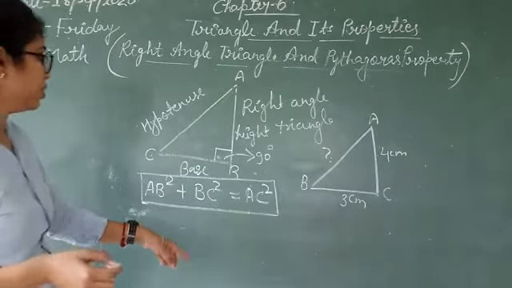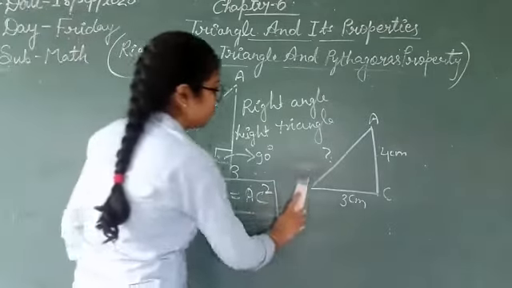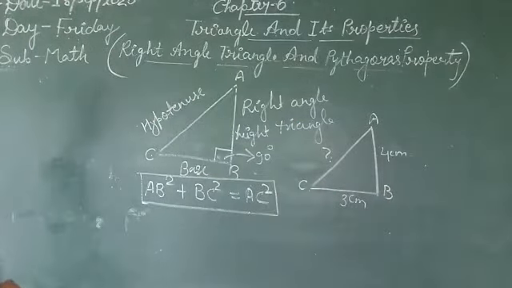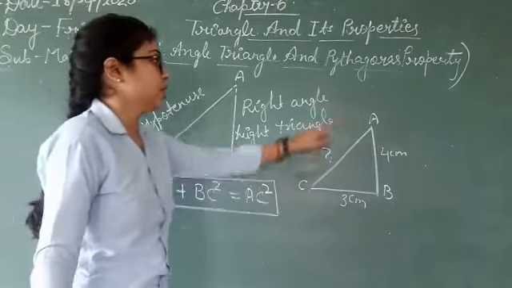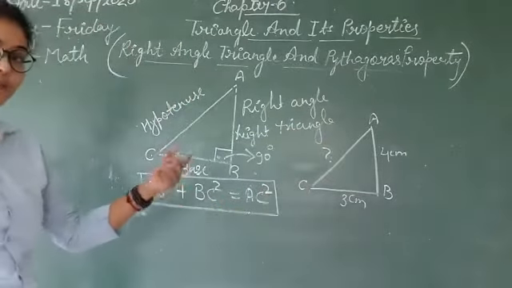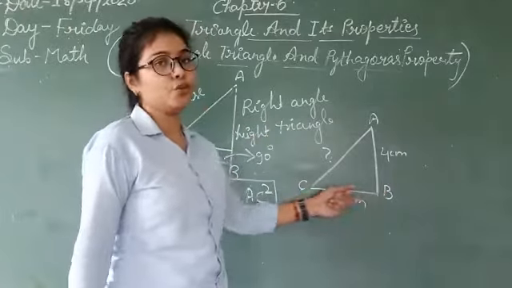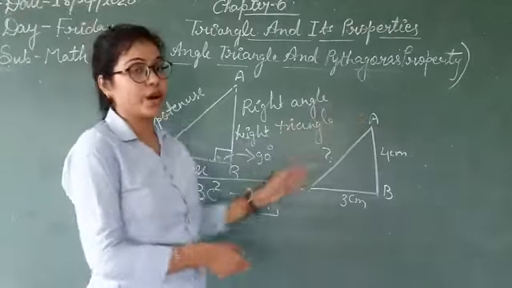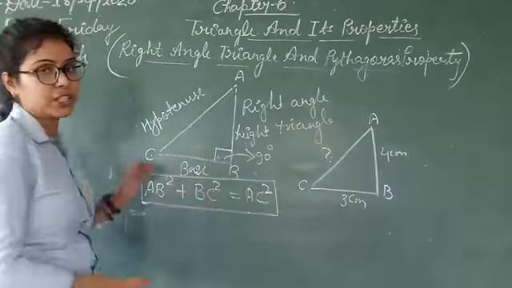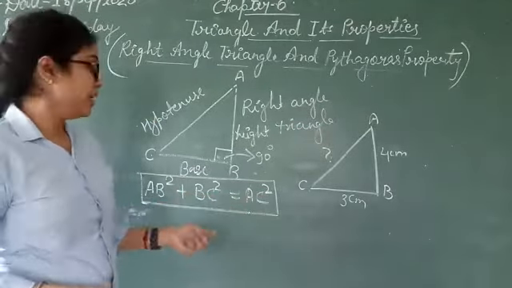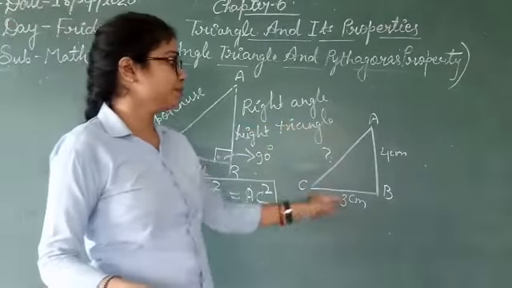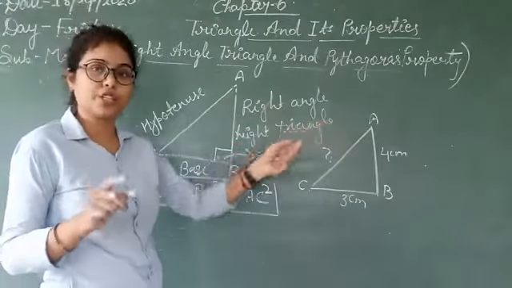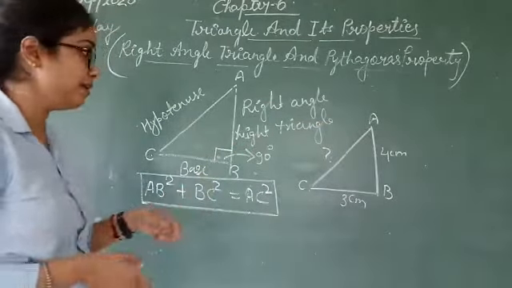The names are changed here, so I am writing the same names. I am keeping it as B and this is C. According to the vertices, the formula will get changed. If someone has written PQR, then you will write PQR here. That doesn't mean that when the vertices are different you keep writing AB square plus BC square is equal to AC square everywhere. It will change according to the vertices, but the thing is the same. That means hypotenuse square is equal to base square plus height square is the Pythagoras theorem.